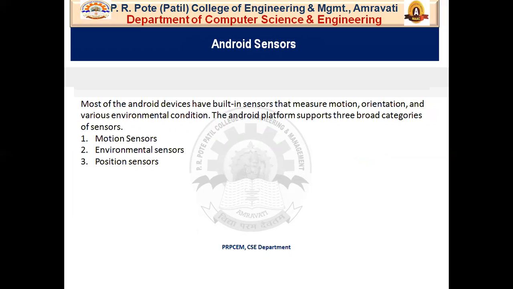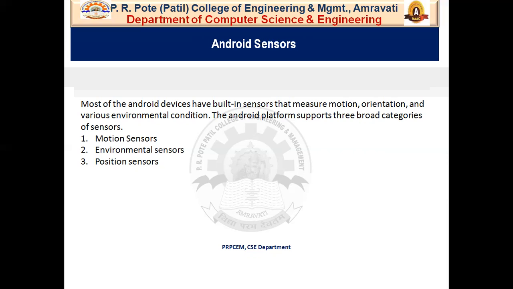Environmental sensors are useful to measure various environmental parameters such as ambient air temperature and pressure, illumination, and humidity. The third type, position sensors, are useful to measure the physical position of a device. This category also includes orientation sensors and magnetometers.